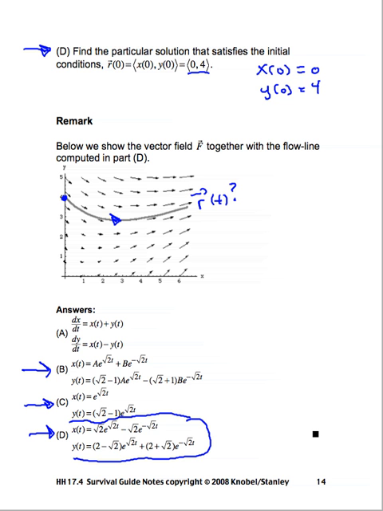So do part D on your own, and next week maybe I'll have something else for you to do with this. I'll cook up something for you to do for practice here, so you can try something similar to this on your own. So anyway, that's it. That finishes 17.4, and this completes our discussion of